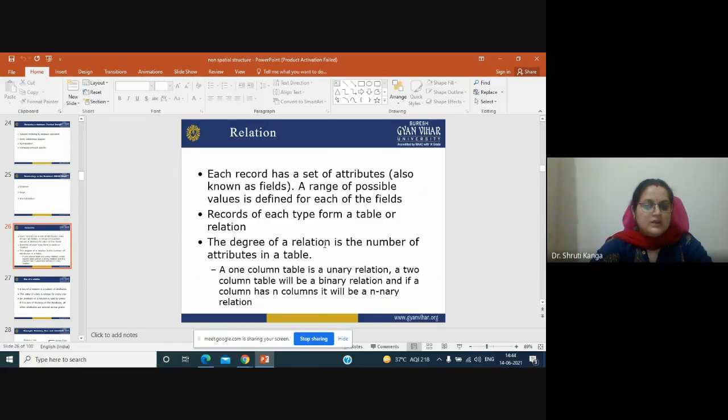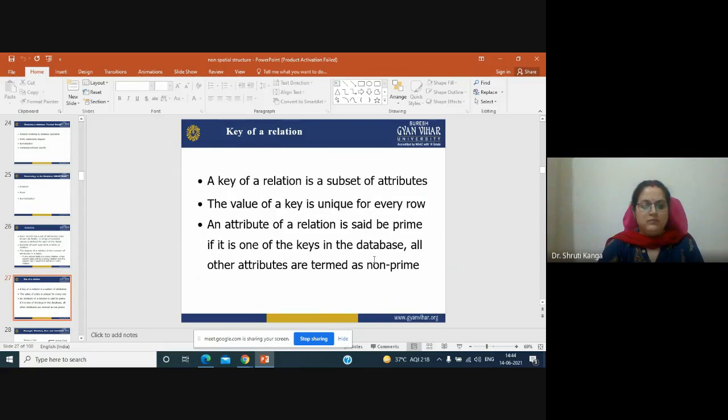So the degree of a relation is the number of attributes in a table, or the number of columns. If we have one column, it is called a unary relation; two columns, binary; three columns, tertiary. So this is how we get a relation.